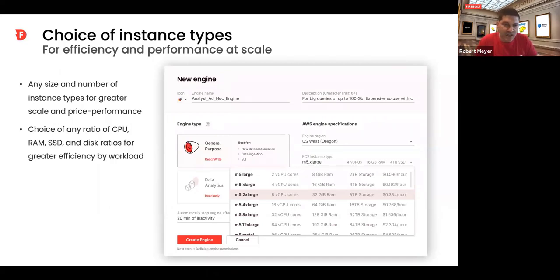A choice of instance type, the way Redshift does it and the way Firebolt does it, means you can have a cluster that's 4 massive nodes. You can go up to 100 CPUs and 400 gigs here. Whatever size you can get out of AWS, you can get into a Firebolt cluster. That helps a lot. The same with the network bandwidth. You can choose certain EC2 types that have more network bandwidth and are more IO optimized versus more compute optimized. And that matters too. Dollar for dollar, if you can make that trade-off, that makes a big difference.